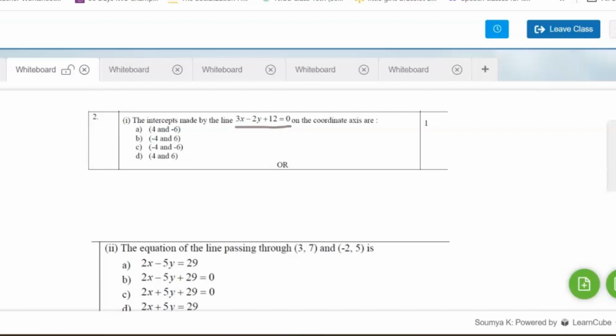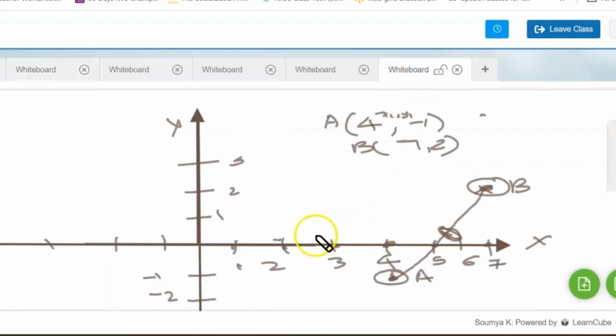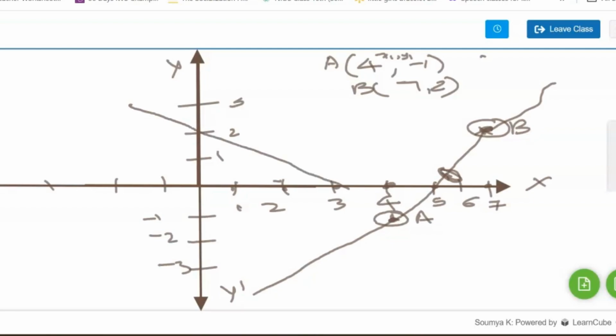Before going to this question, we have to know the meaning of the word intercept. For example, you have this graph which we have already used in our first question, which passes through this 3 and this 2 on the x and y axis respectively. The distance from the origin to the point on the x-axis where the line cuts your x-axis, consider this distance as a. That a is known as x-intercept,